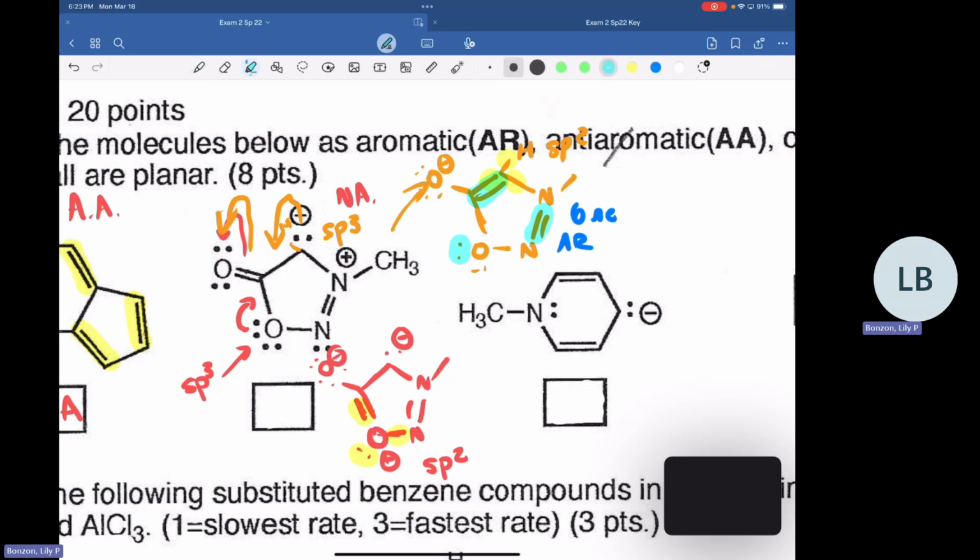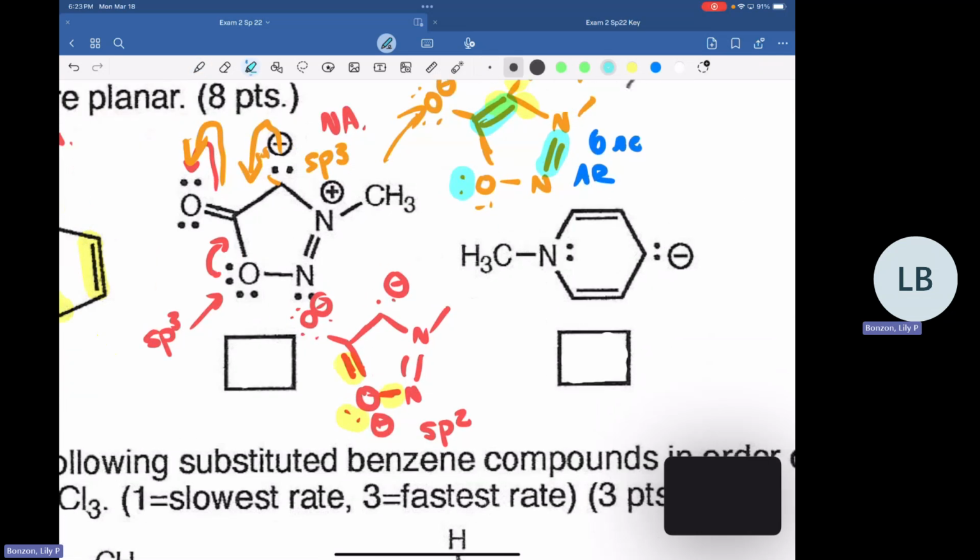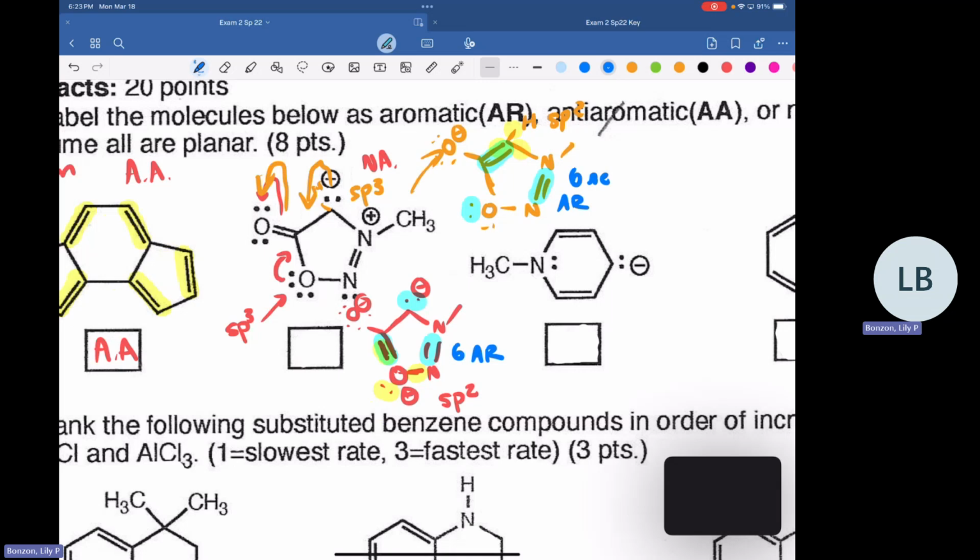But just to double check, let's look at the one that we did on the bottom. We have 2 from this double bond. We have 2 from this double bond, and then we have 2 from this carbanion. So this one also gives us 6. So this one could be aromatic. And so again, since the oxygen and the carbanion can perform resonance to become sp2, this one will actually satisfy the aromatic rule, and so this one is going to be aromatic. Any questions on that one?